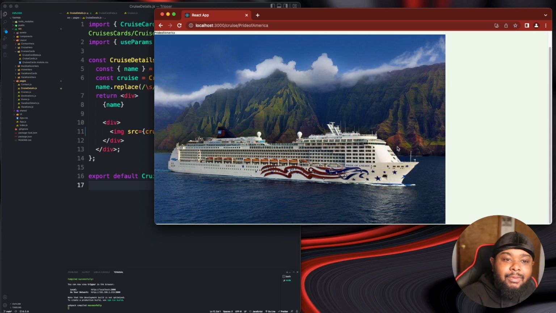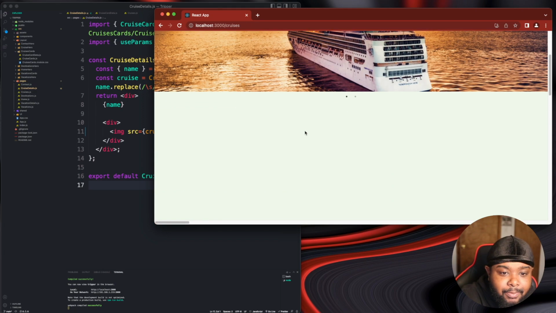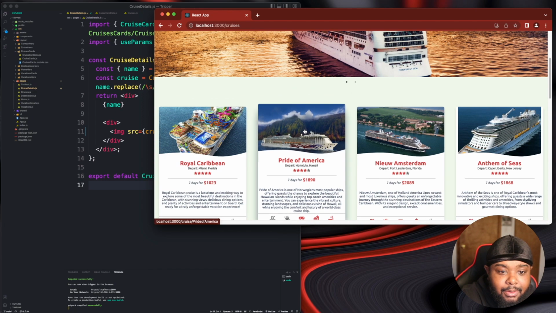I probably should have done a wireframe. I normally draw up a little wireframe on paper, but I totally forgot about it. So I'm just going to see how far I can get and style it on the fly, basically move some things around to see how it looks. So let's see. I think the first thing I need to do is